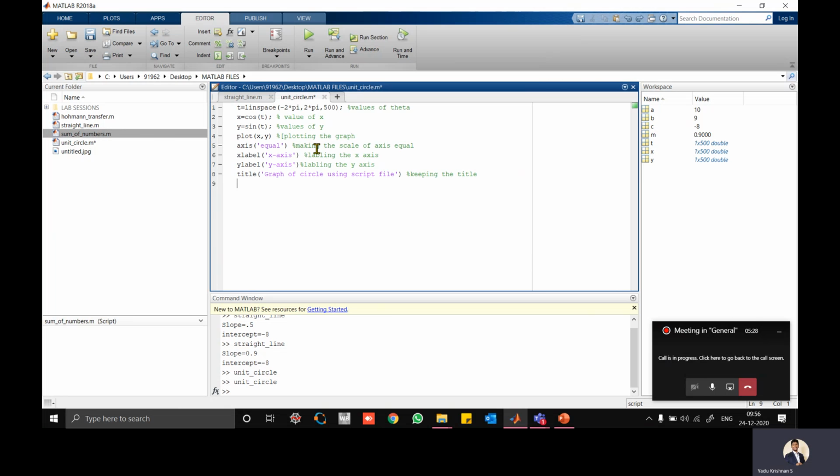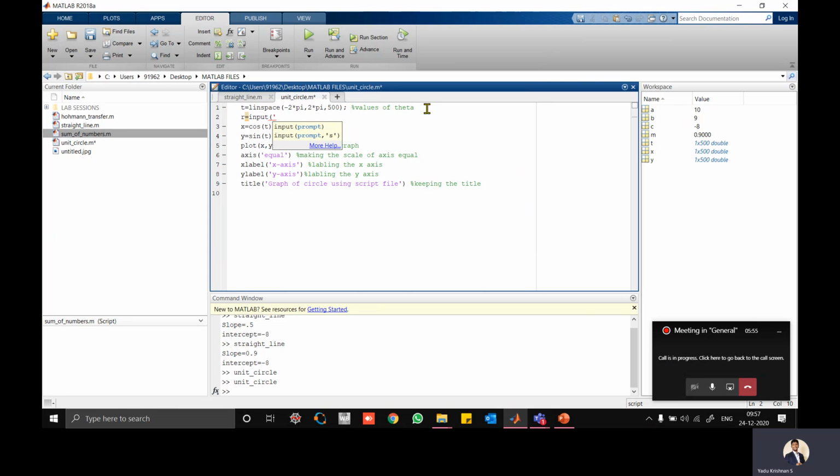Okay. Now, if I want to change the radius and keep on changing it, like somebody is running the program and they want to give the radius as 5, that means I need to get the input. So here I'm just going to add another line called radius. I put R. So R is what? I need to get the data from the user, that is input of radius of circle.